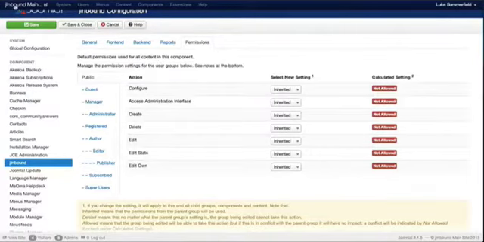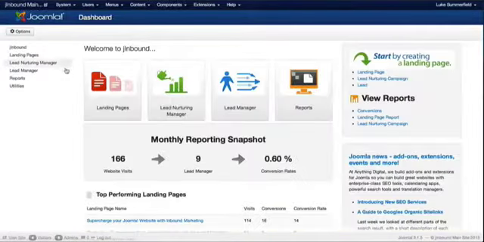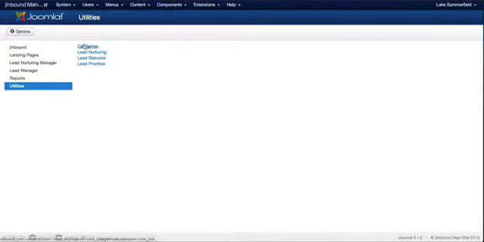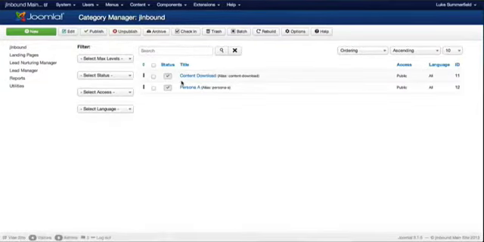Okay, so going back into our actual jInbound, the second section we're going to take a look at is the utilities, which has a little bit more features that we're going to want to take a look at. So the first piece is categories. And we talked about this in an earlier video when we first set up jInbound, and the categories are the kind of general overarching